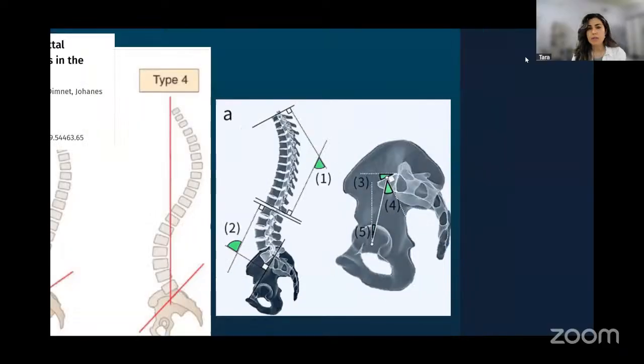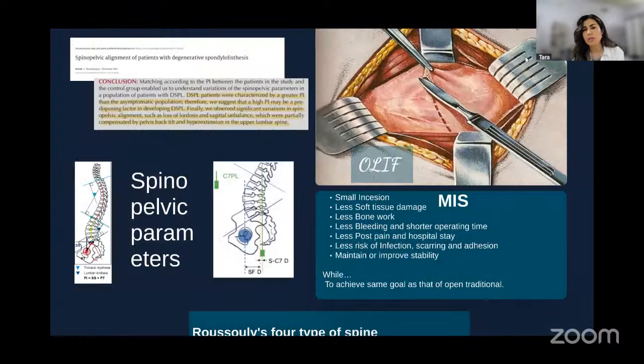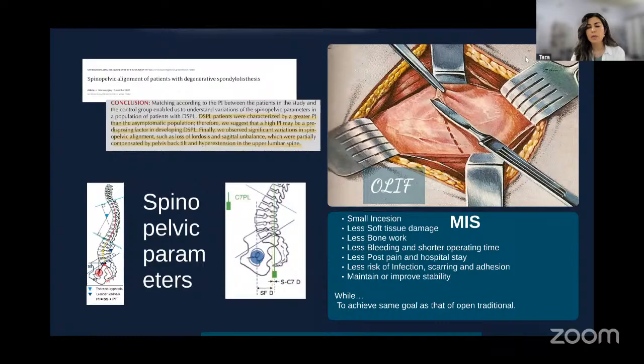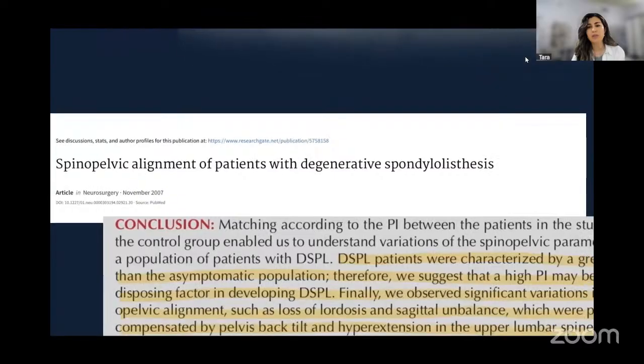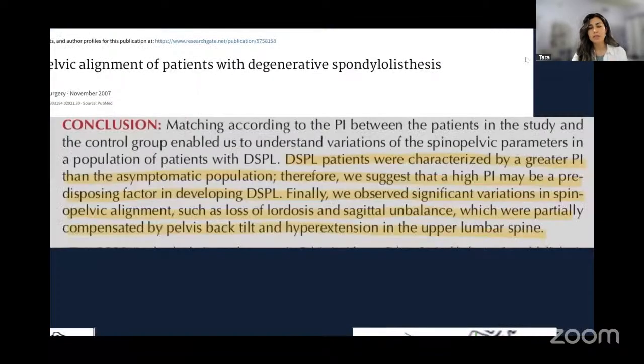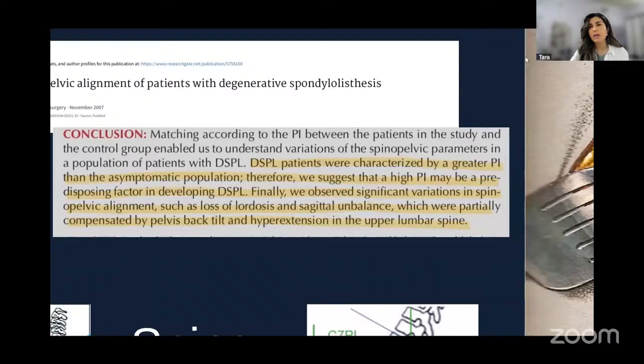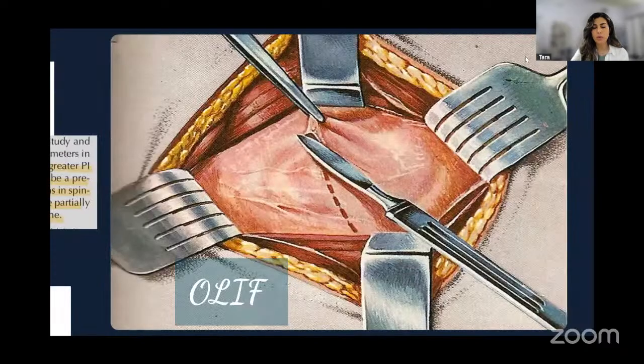Why is that important? Because after that, many studies were published differentiating between the different types of spines and the different types of pathologies that affect these patients. One of the studies was saying that degenerative diseases might be more common in persons with a high pelvic incidence and high sacral slopes, compared to the ones with flatter backs that are more prone to discogenic problems.